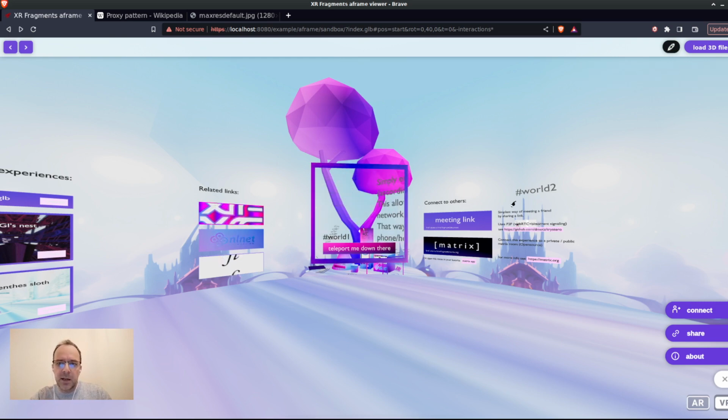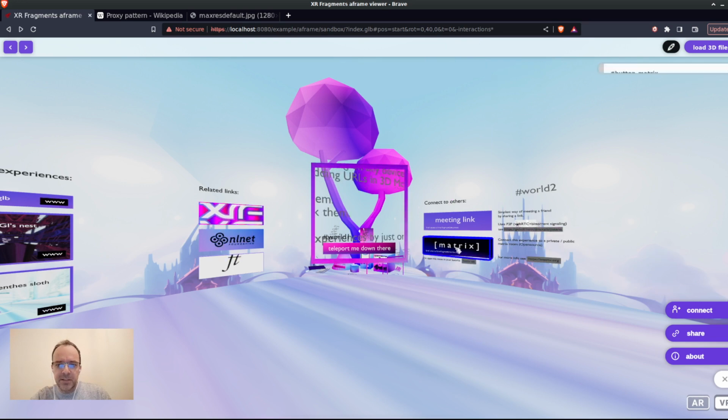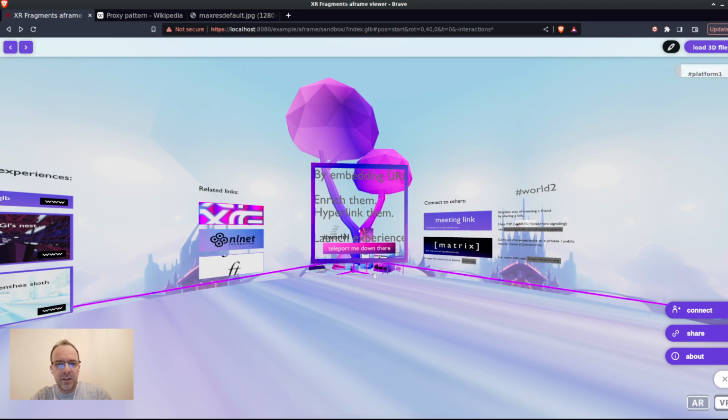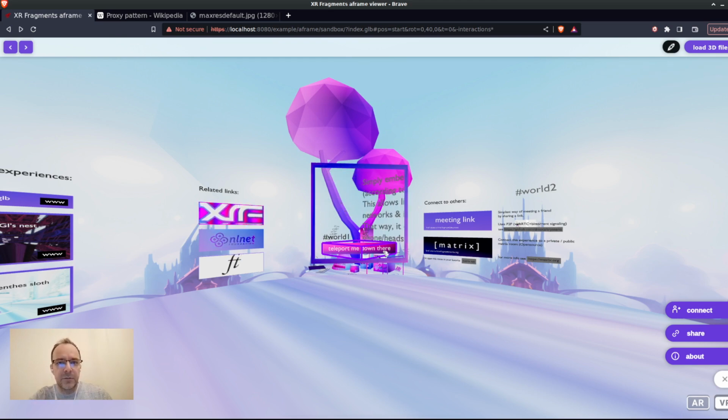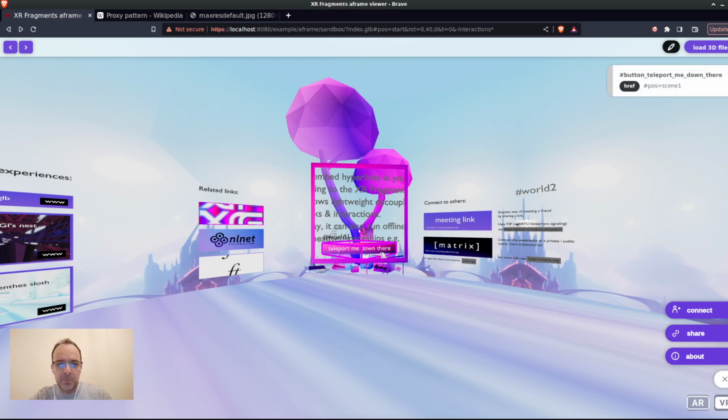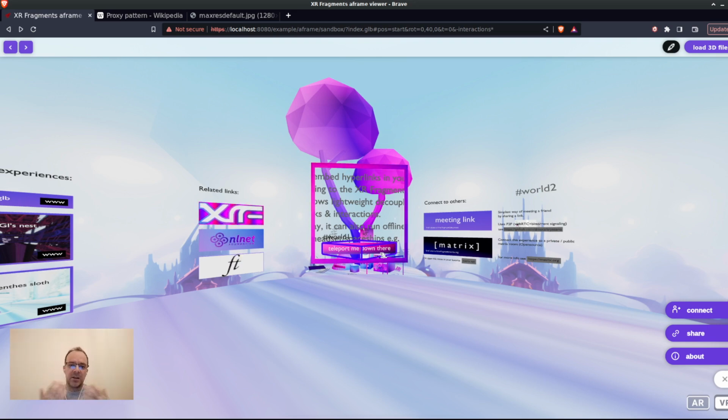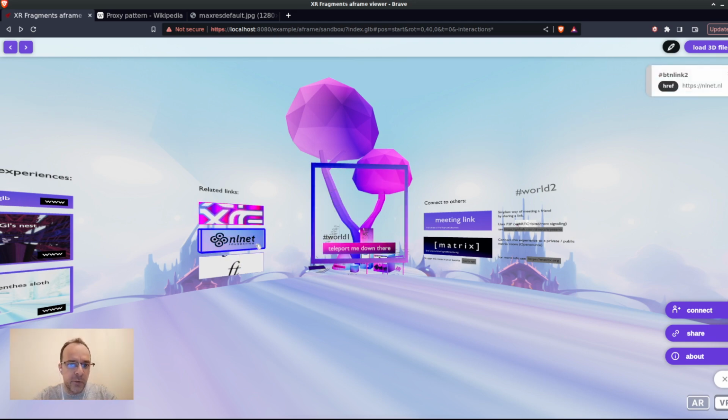So this allows you to inspect the 3D scene and see what kind of metadata is attached to the objects, and basically see the XR fragments which are embedded in the object. So for example, this teleport button here, you can see the name, but it also has an href with a new position attached. And if we go to a nelnet, you can see that it has an href which points